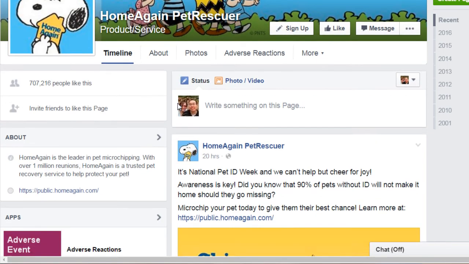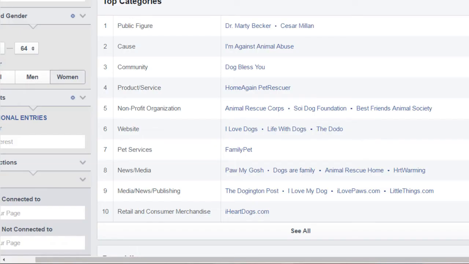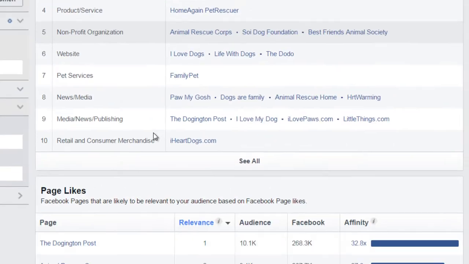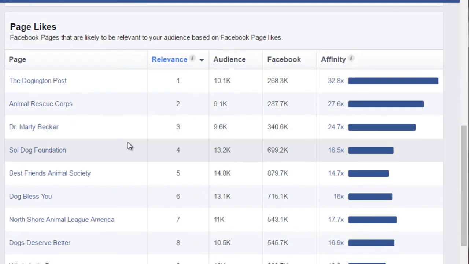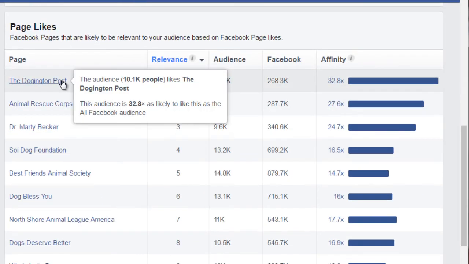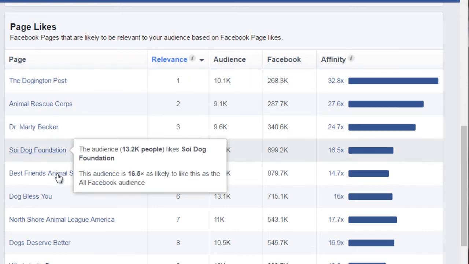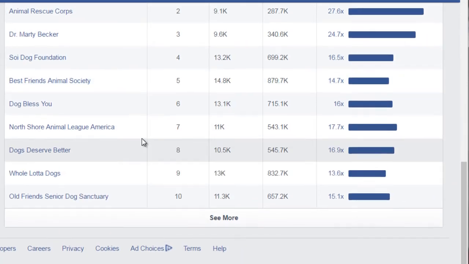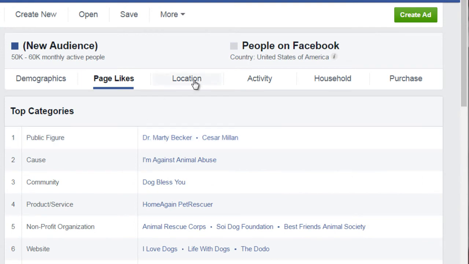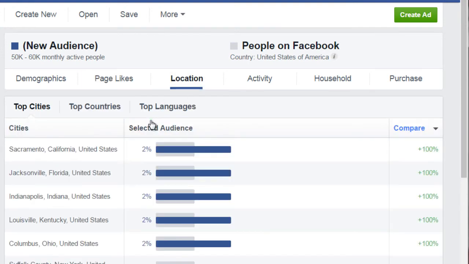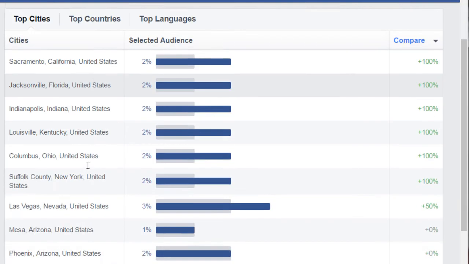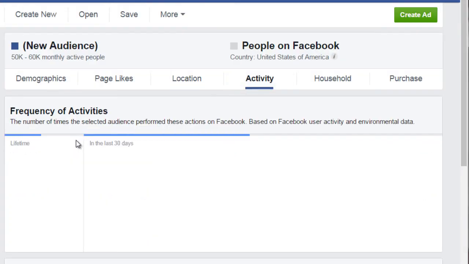So like I said, it doesn't matter if this is a product plan of attack or an affiliate plan of attack. It doesn't matter. Really what you're trying to do right now is simply find the pages that they like and get the information. So you can see page likes here as well. So you can see more pages. So you should have tons and tons of different angles of content that you could potentially create. Now, you can also see location, but we're not too interested in that as of now.